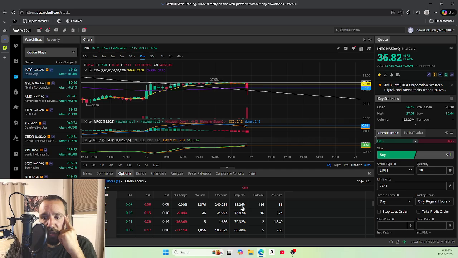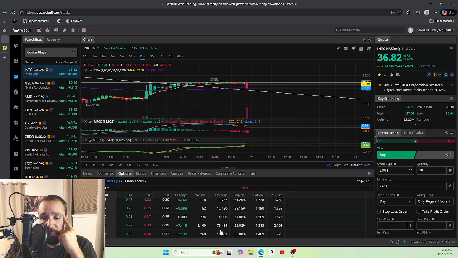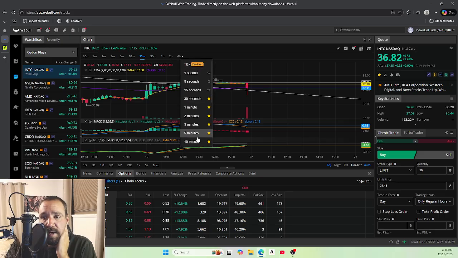But still, if you look at the interest, these numbers are massive on the upside, and that is not retail making these bets. That Intel's going to go up this high, especially considering that a lot of people were so focused on Nvidia for so long, and Intel was kind of down in the gutter. If you look at the daily,